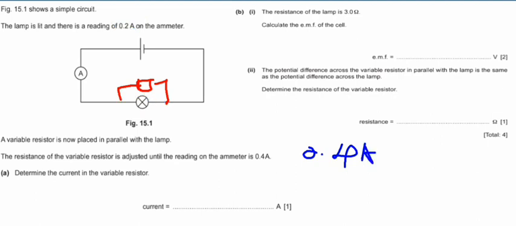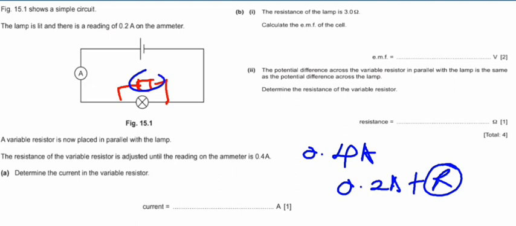So you can just say, when we add 0.2 amps for the lamp plus the current, let me just use any letter like R for the current in the resistor, we are going to get